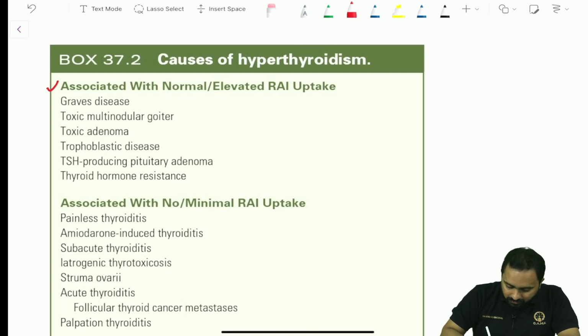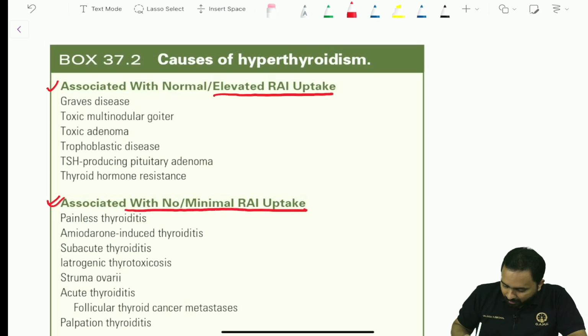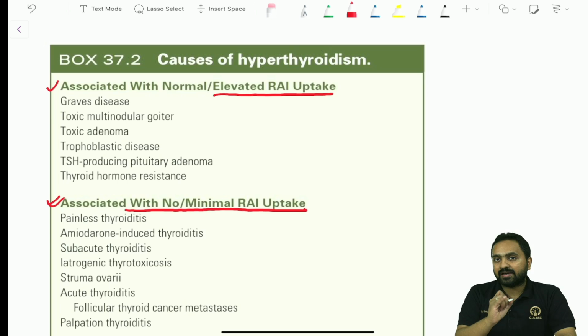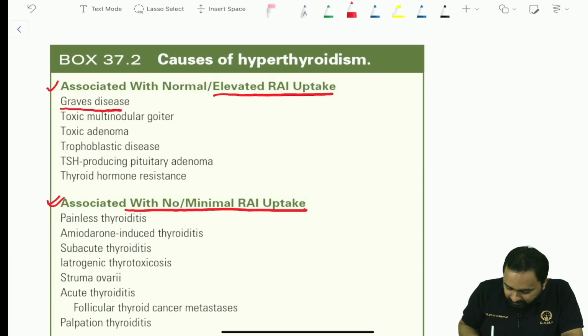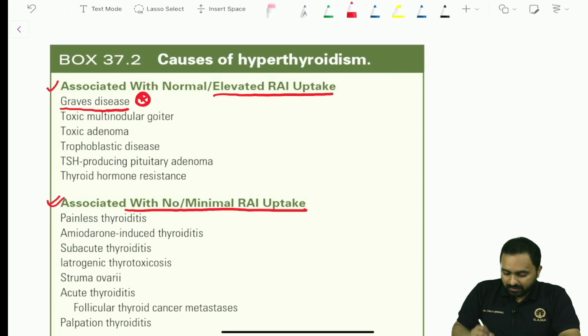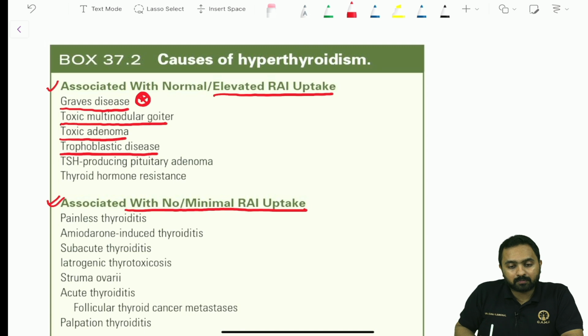One group is associated with normal or elevated RAI uptake, and the second group is associated with no or minimal RAI uptake. So what are the causes associated with normal or elevated radioactive iodine uptake? First is Graves disease. This is the most important disease which I would want you all to know, and we'll be discussing a few important points subsequently. Then we have toxic multinodular goiter, toxic adenoma, trophoblastic disease, TSH producing pituitary adenoma, and